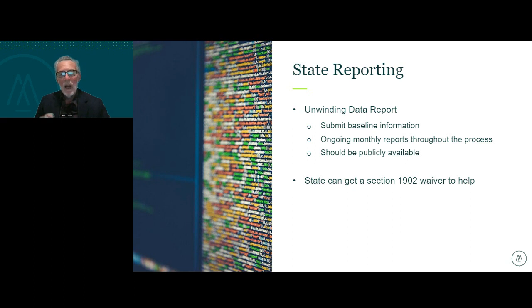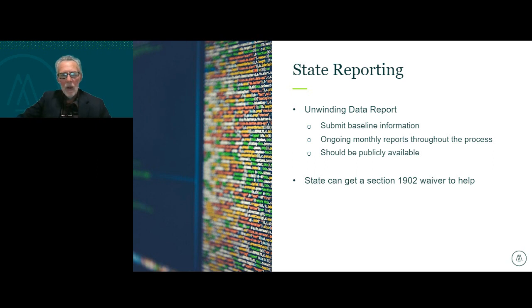Obviously, the number of terminations, and of those determinations, how many were terminated for procedural reasons. So procedure versus just no longer meeting the eligibility criteria to be on Medicaid, and other things like how many people migrated to a separate CHIP program, some statistics regarding efforts conducted by state call centers, call center volume, wait times, abandonment rates, things like that. And then there's a federal marketplace and the state marketplace where states are also supposed to be helping to facilitate the review of other options for people. So there's data that's going to be reported on that as well.